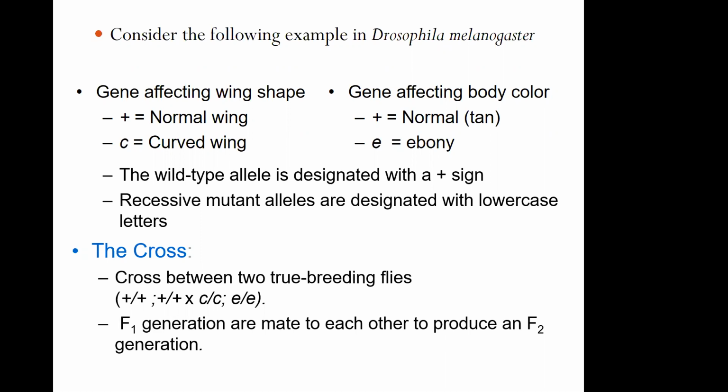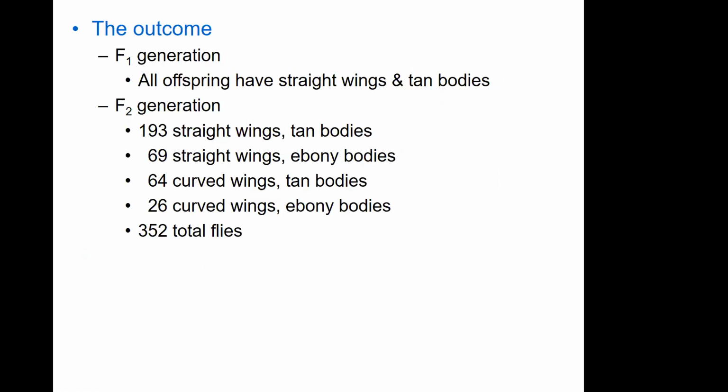And then you look at the F1 generation and you see that they are all heterozygotes. So they all have wild type phenotypes, but then you let them mate with each other so that the F2 generation is formed. And when you look at the F2 generation, you look at a total of 352 individuals. And of those, you have 4 different phenotype classes because you're looking at both traits simultaneously. And you would predict a 9 to 3 to 3 to 1 ratio, right? Okay, just substitute in different symbols here.